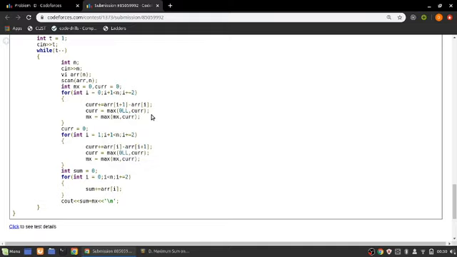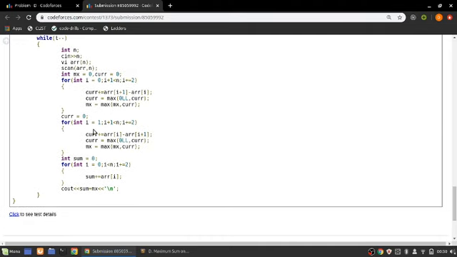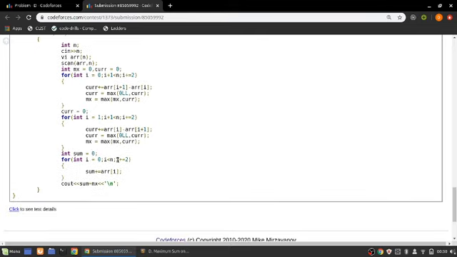Now we did it for all even subarrays starting with an even starting index. Now we need to do it for all even subarrays starting with the odd starting index. So we do the similar thing with I equal to 1, but note that instead of ARR I plus 1 minus ARR I, we do ARR I minus ARR I plus 1, because we need to add the element at the odd position, while we need to subtract the element at even position. Similarly, we take the maximum of current and 0, and maximum equal to maximum of mx comma current.